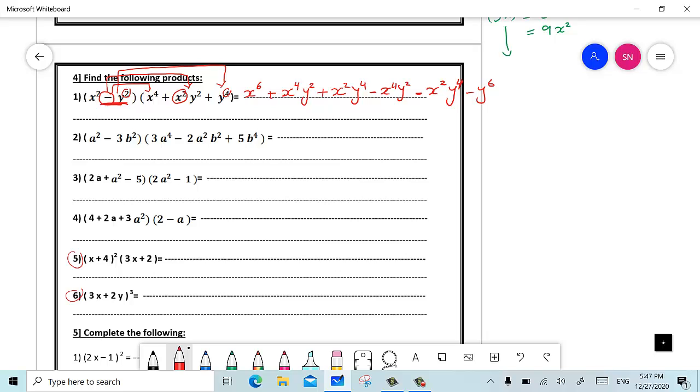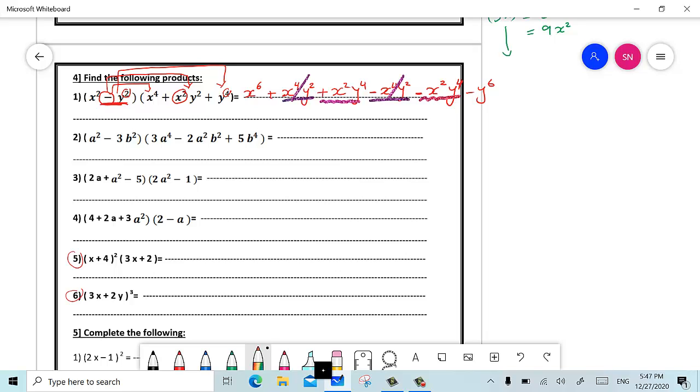After we have finished, let's see if we have like terms or not. By looking here, we will find that I have x to the power of 4, y to the power of 2, and negative x to the power of 4, y to the power of 2. Both of them are like terms and the additive inverse of each other, so they are going to be cancelled. And then we have positive x squared y to the power of 4,